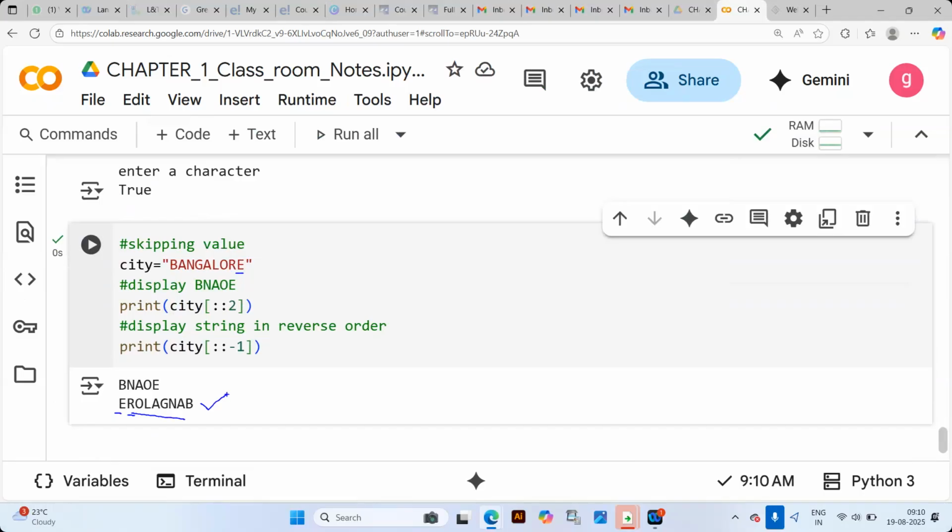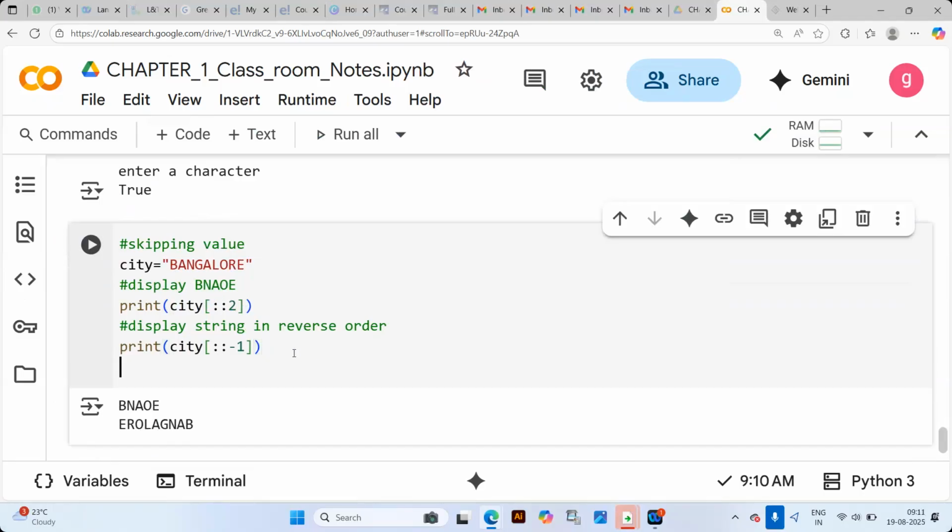Are you clear? Yes, sir, got it. Please, these are all very important. Even when we are learning data science, pandas, NumPy, there also it requires this understanding. Therefore, kindly understand what exactly the colon operator does. I am not giving anything here, but still it is taking lower boundary and upper boundary.